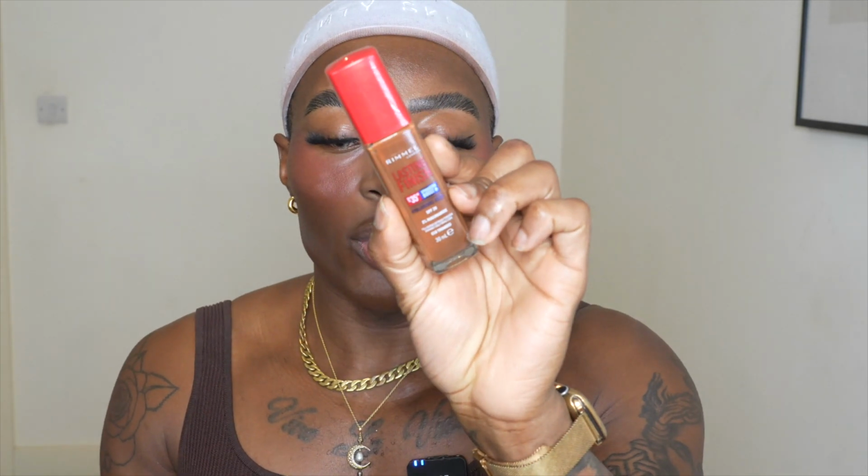Okay, so to go over the contour and stuff, you don't want to use too much foundation. I'm actually going to take this Rimmel one. This is the Rimmel Lasting Finish Hydration Boost Foundation. It's got 2% niacinamide in there. I thought I'd use this because I've got so many foundations,